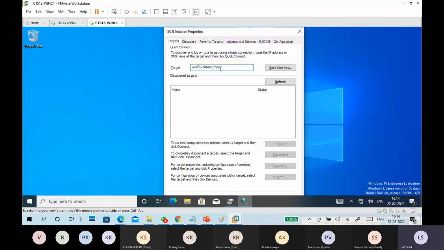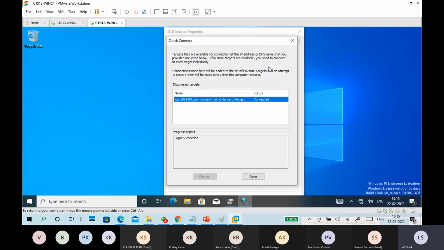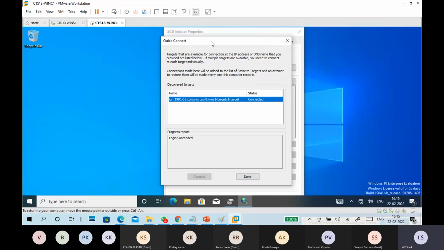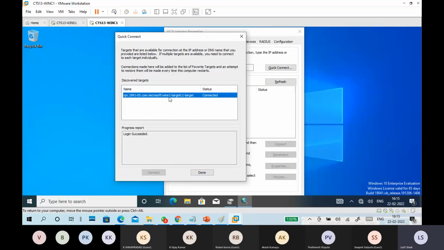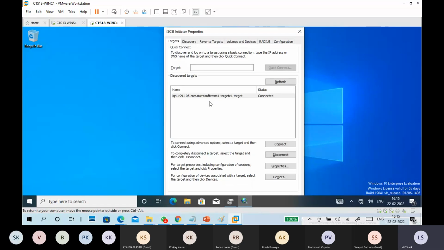So the request is going to my server. My server searches for who is requesting, by name or IP address or MAC address. Based on that, it will connect. So quick connect. When I click on quick connect, it automatically shows the target name. See, WinS1 target C1 target. That is my target. So like this, done. It is connected.